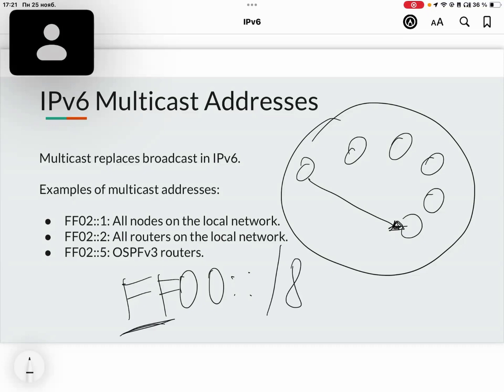Here, the zeros define the scope where the multicast traffic is valid. We have some scopes of multicast traffic. IPv6 multicast traffic has specific scopes defined by the fourth digit. FF01, interface local, only for local devices. FF02, link local, valid within the local network segment. FF05,